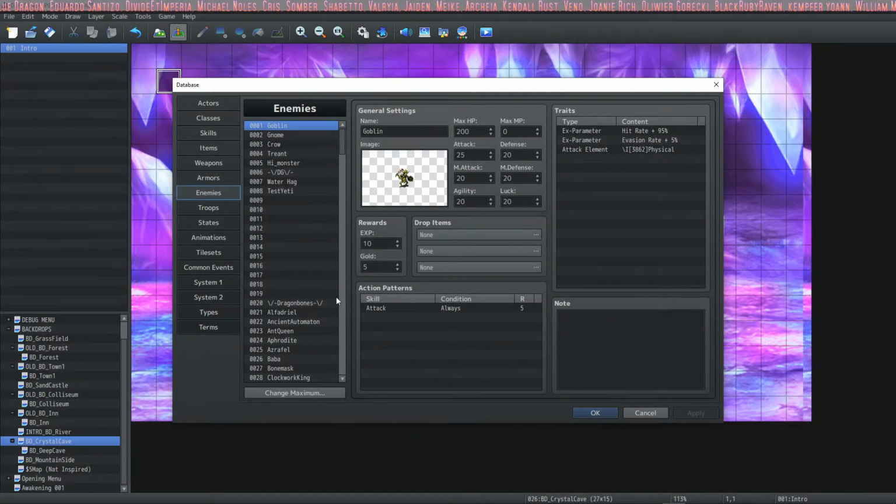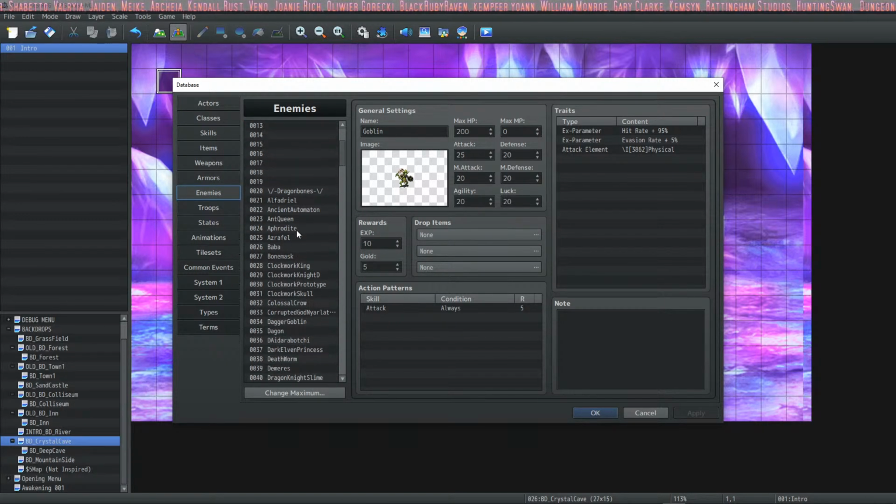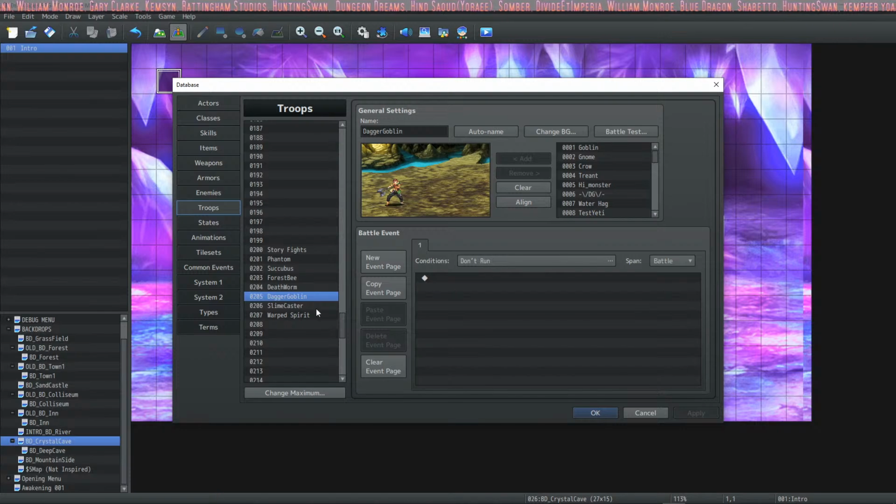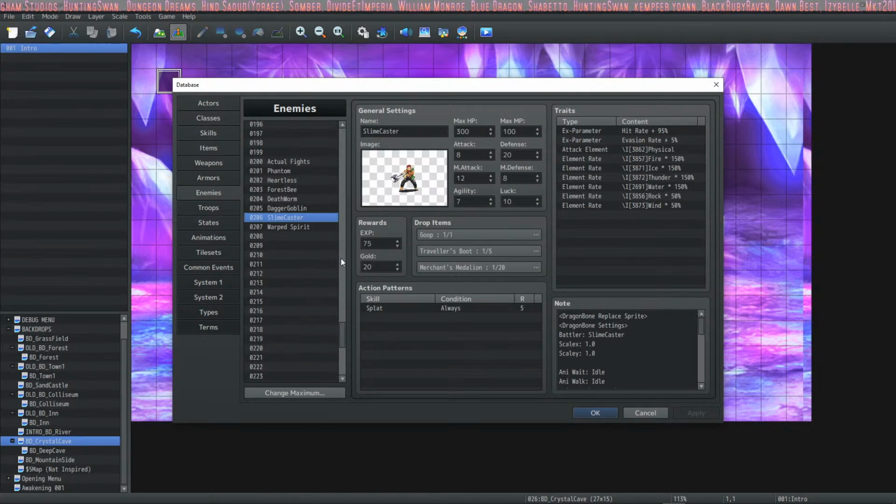So that's kind of weird. That's a bug I'll have to deal with later. He was working just fine. I'm very confused as to why the Slimecaster wasn't hitting me. Troop, Slimecaster, enemy, Slimecaster. He's got a splat move, but it doesn't seem to do anything. Regardless, I'll figure that out later.